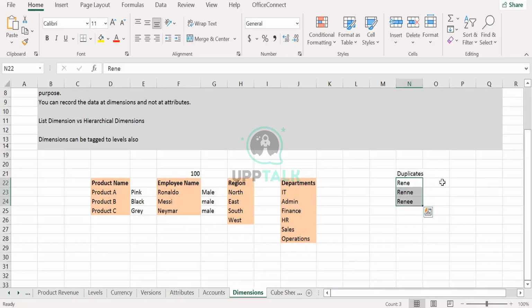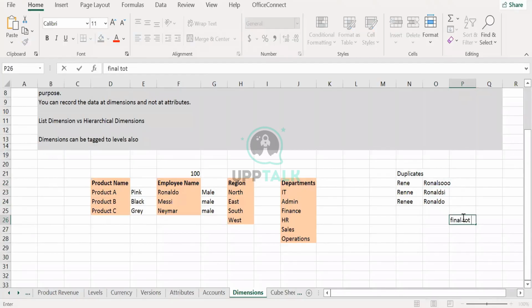What happens if you do this for Ronaldo? Whatever way I am typing, it will all get created, because I don't know, I am the end user. I'm typing anything, but all these values are getting created for Ronaldo. But ideally, it should not get created, right? Because some data will go here, some data will go here. Eventually, the final total of Ronaldo will not be the same. You guys agree?